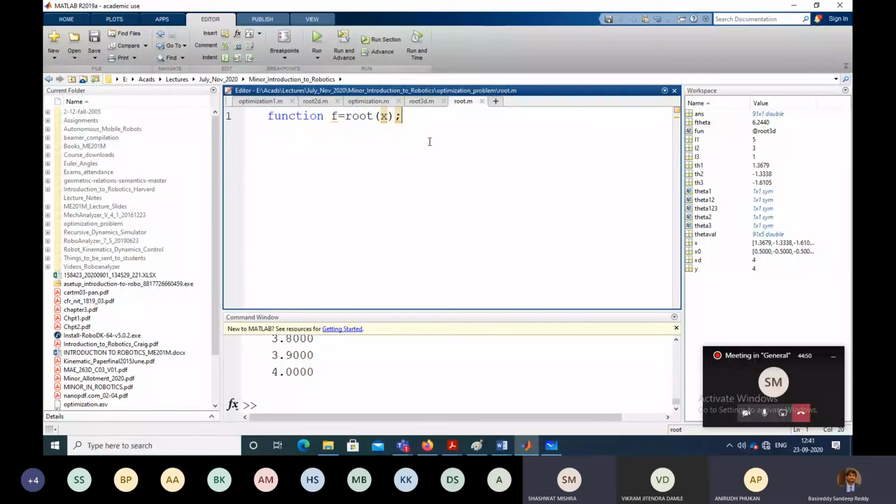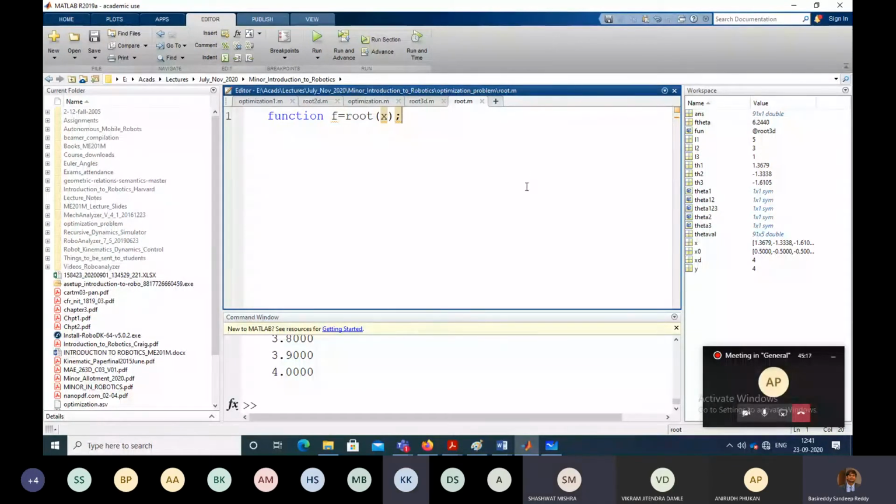So we have to click on new and then where? Yeah, Script. When you click on new script, okay, Control plus N, script. So you will get something like this, and there you can type in whatever I've typed. Function f equals root is some name I've given. Again, f is some name I've given. You can choose whatever you want.